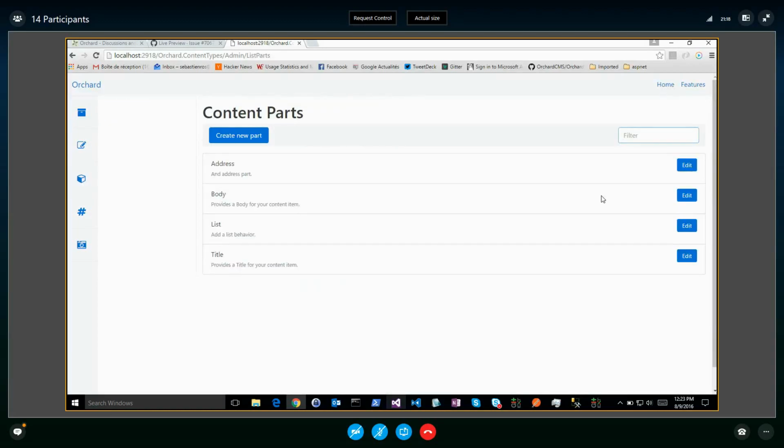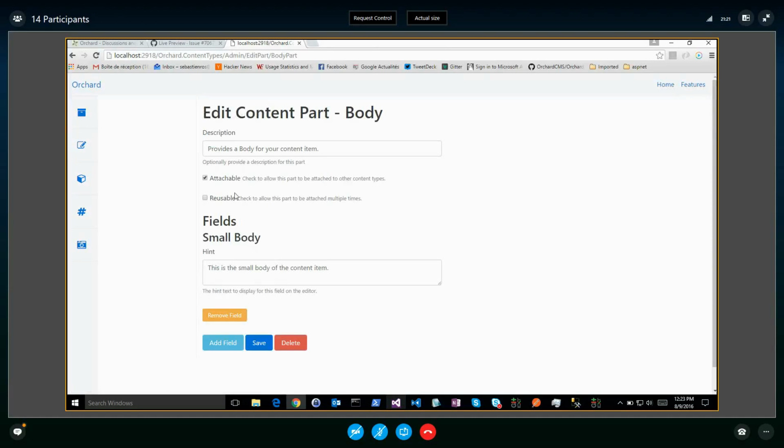I could go on content parts, edit body, and make it reusable. Okay? This would be fine. It would work. Technically, it would work. I will have different bodies with different names. But again, they won't be attached as a body part. You have a named body part, but this is not the body part. You can't do a .As